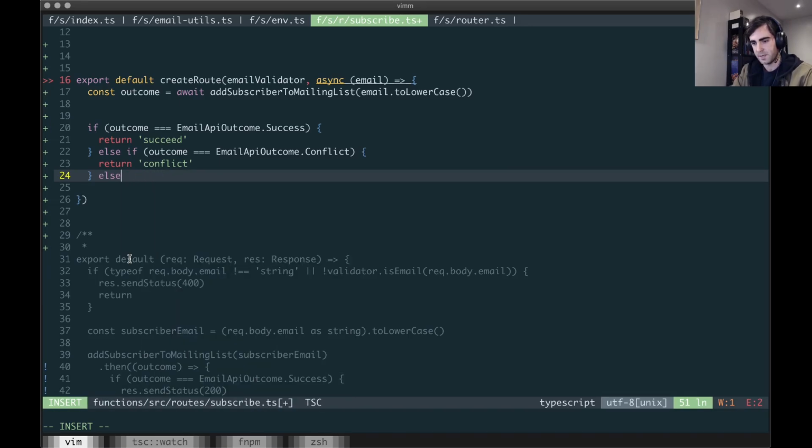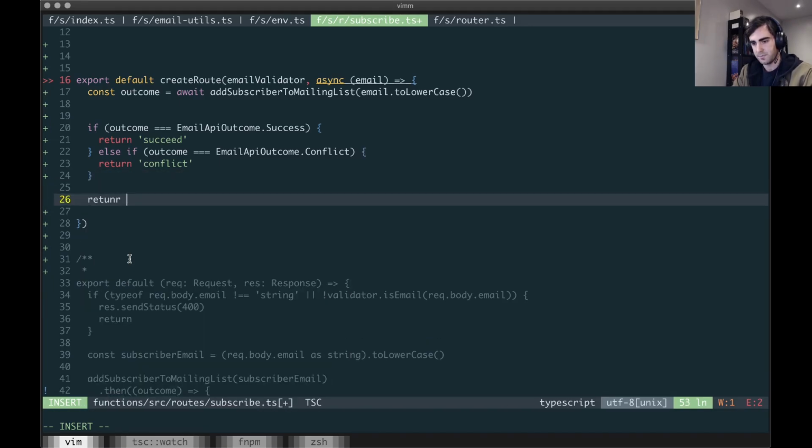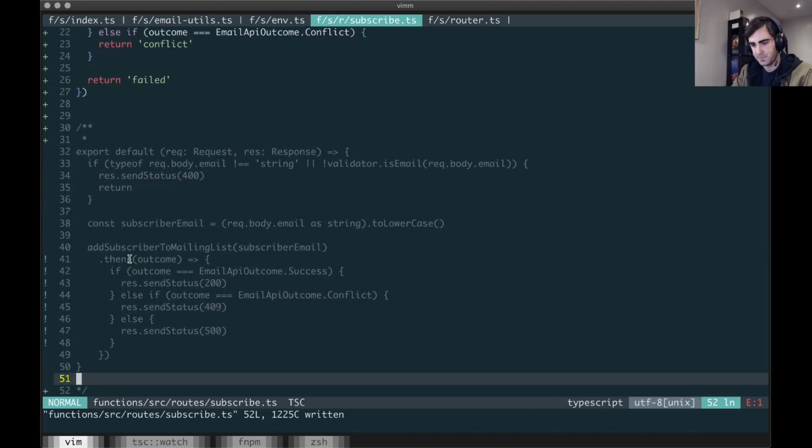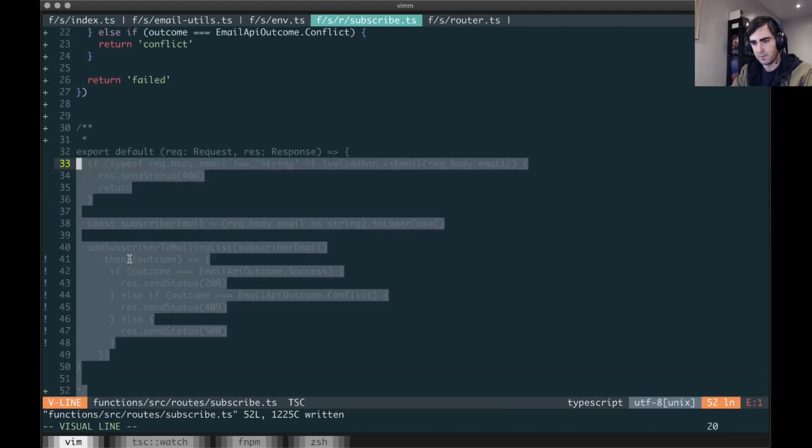Here we can finish off by doing that for now. Okay, so we've refactored this